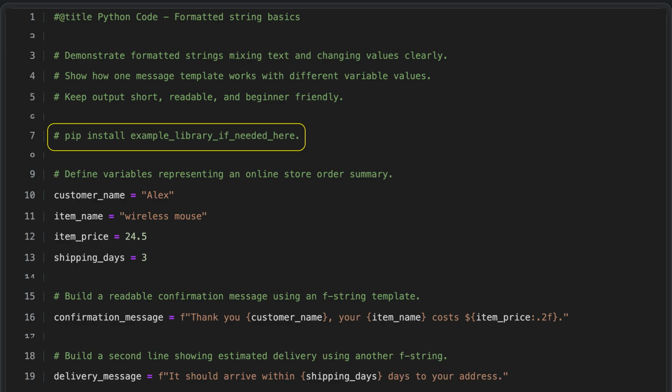This line is simply a placeholder comment indicating where you would add a command to install any required libraries for the script. It serves as a reminder to make sure all needed dependencies are installed before running the code. In this particular script, no external libraries are actually used, so the comment is mainly about following good practice when